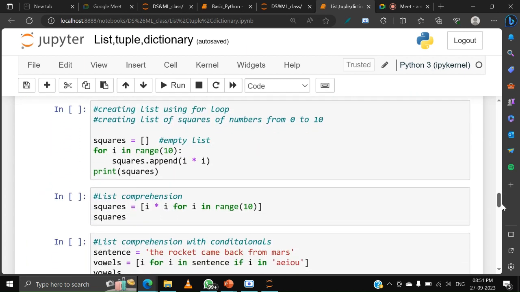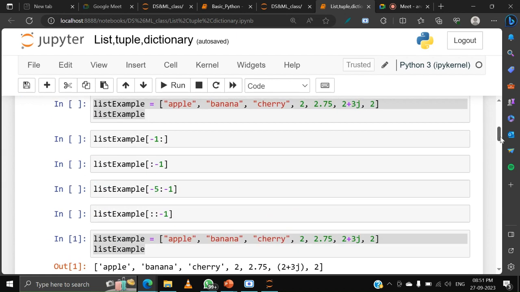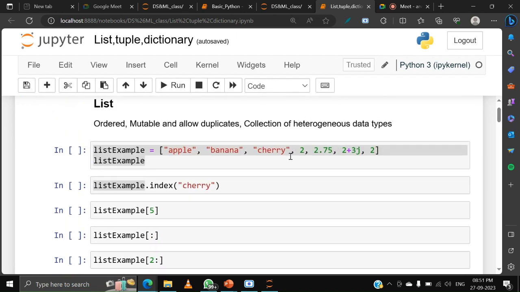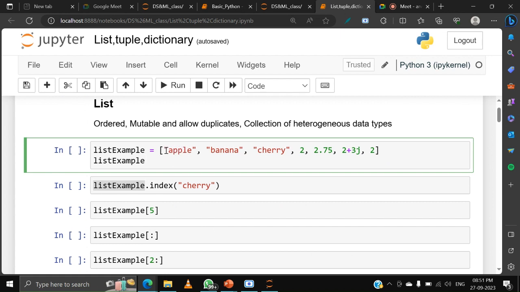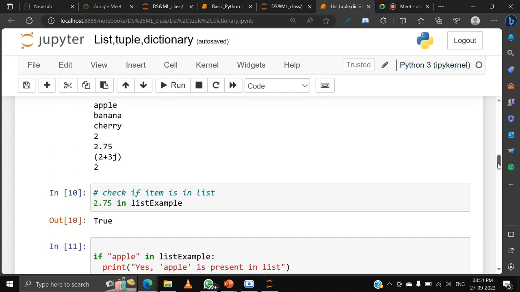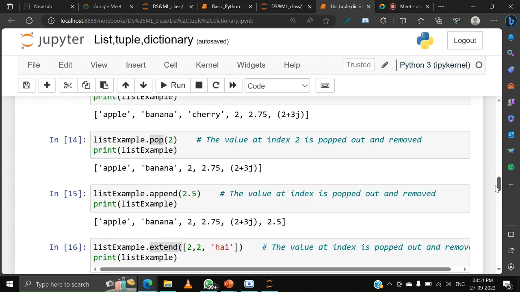Now there is one more way to create a list. So here, how have we created the list? We have just inputted the required items: we typed apple, banana, cherry. So rather, if we want to create a list,